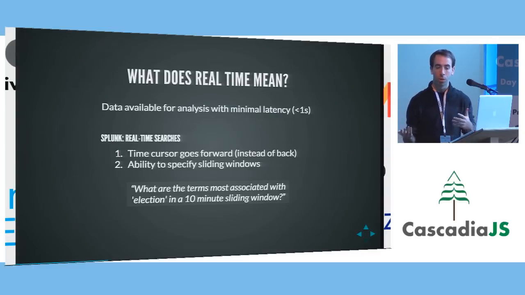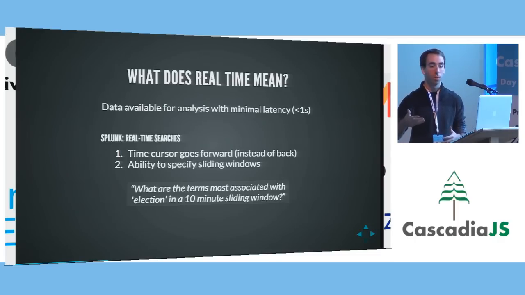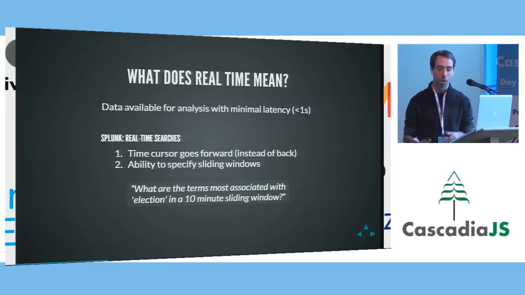You can use your NoSQL databases like Cassandra or Mongo. You can even use SQL databases like SQL Server and Oracle and Postgres, which have great utilities to query data as fast as possible when it's coming in. Or you can just use raw code. So you can just look at the data in Node, for example, coming in from the Twitter stream, and then just analyze it right there. But then if you want to store it, so it's also available for historical analysis, that can become more complicated.